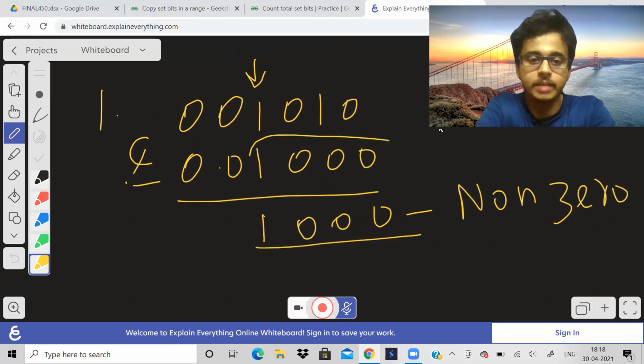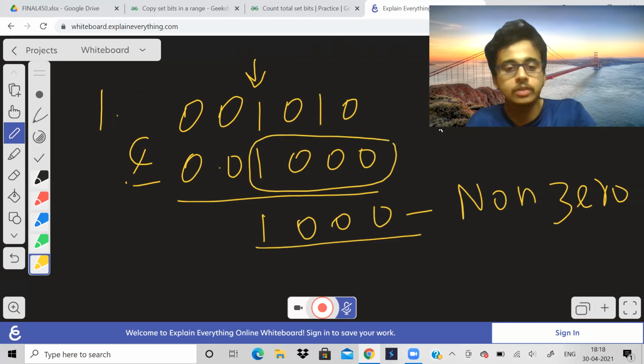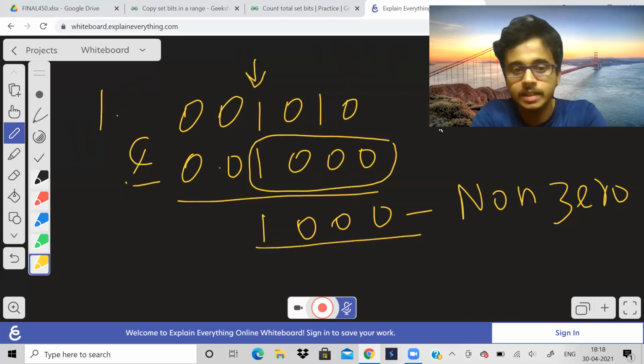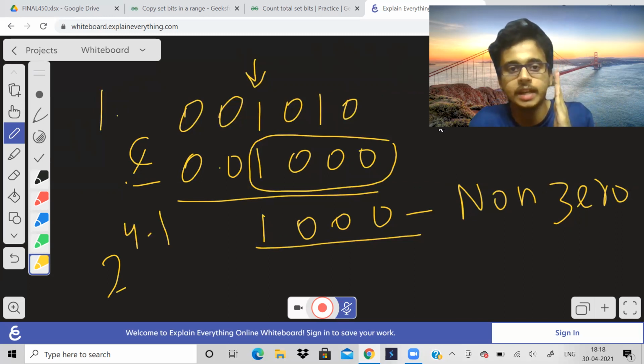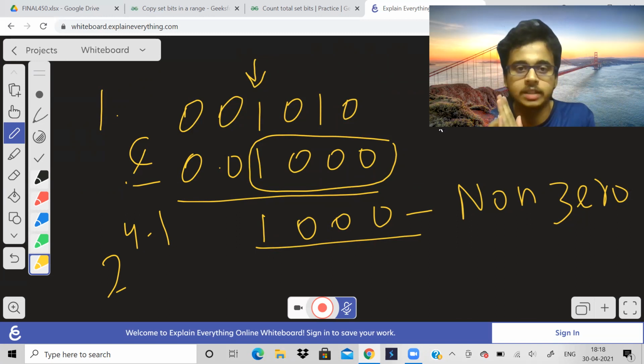And what is this basically? This is going to be 2 to the power position of the bit I am considering. So actually this is the fourth bit, right? From the least significant bit, this is fourth. So actually it is going to be 2 power 4 minus 1. If the position is starting from 1, actually it should start from 0, but it starts from 1. So that is why we take minus 1 when we have to consider the power.